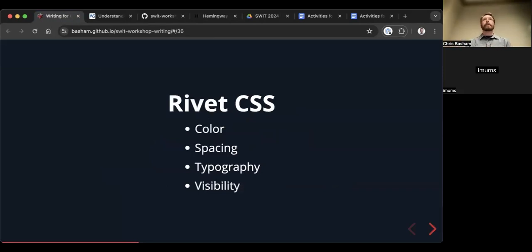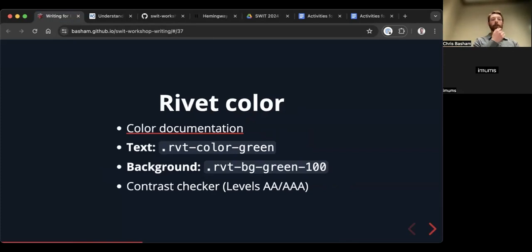So the Rivet design system is something that's available for all of us. This is used for both applications and our websites. And there's a number of things that it provides that can help address some of these issues that we just talked about. So it has utilities concerning color and spacing and typography and visibility. So in terms of Rivet color,